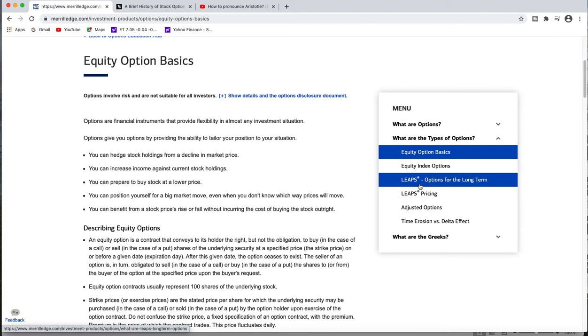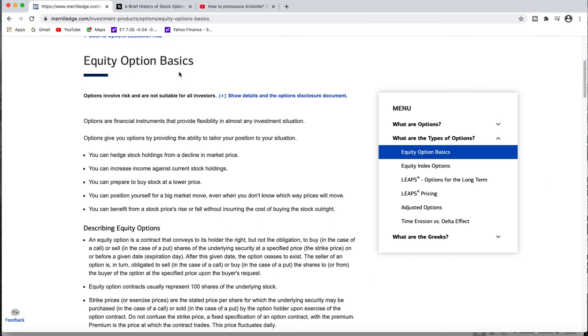This is all good to look at. And then what are the Greeks? Later on, we will cover the Greeks because there have been questions on the Greeks. It affects options, just so you know, like how slowly an option depreciates in value. It's all based off of the Greeks. But that'll be a different video. This is our second part that we're going to cover.